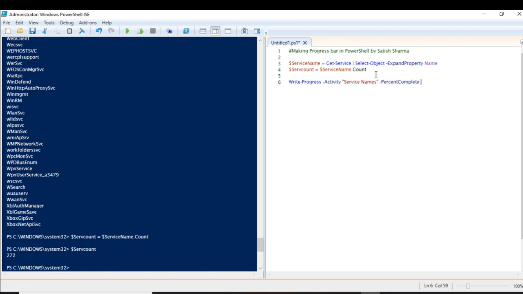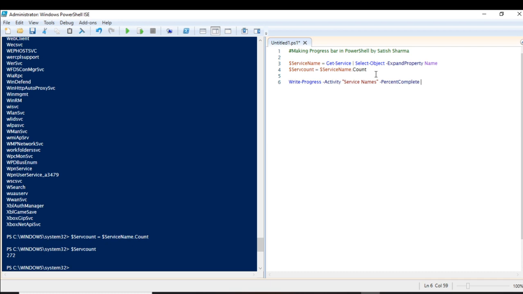What is PercentComplete? You can see that there are 272 services in this system. Suppose when this commandlet runs, it has covered 50 of them. Of the 272 services, I have the names of 50 services.